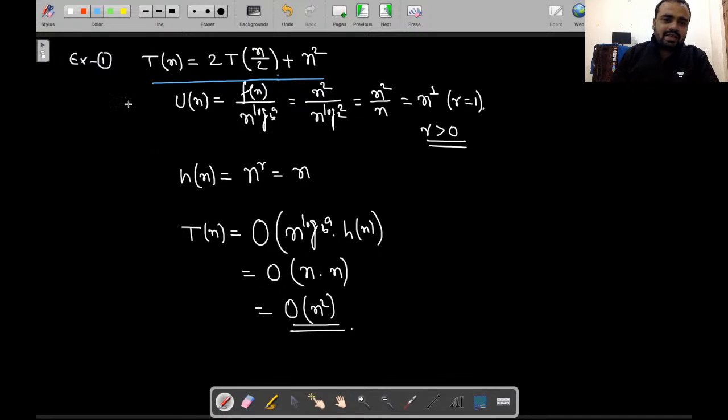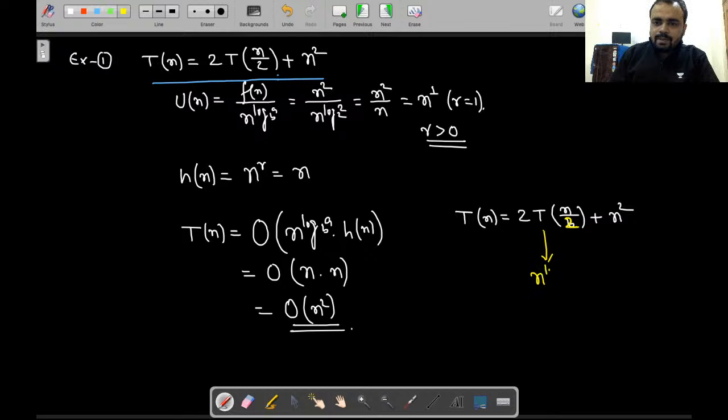और ये ऑब्वियस सी बात है, देखिए इतना तामझाम करने की जरूरत नहीं है, मैं आपको एक शॉर्टकट ट्रिक्स बताऊंगा, ठीक है ना. देखिए करना क्या है, अगर कोई भी रेफरेंस रिलेशन इस फॉर्म में गिवन है, t of n is equal to 2t of n by 2 plus n square. समझना बात को ध्यान से। देखिए मुझे पता है, this is the divide time and which could be calculated by n to the power log a on the base b and this is nothing but order of n. ठीक है ना, और ये टाइम क्या है, order of